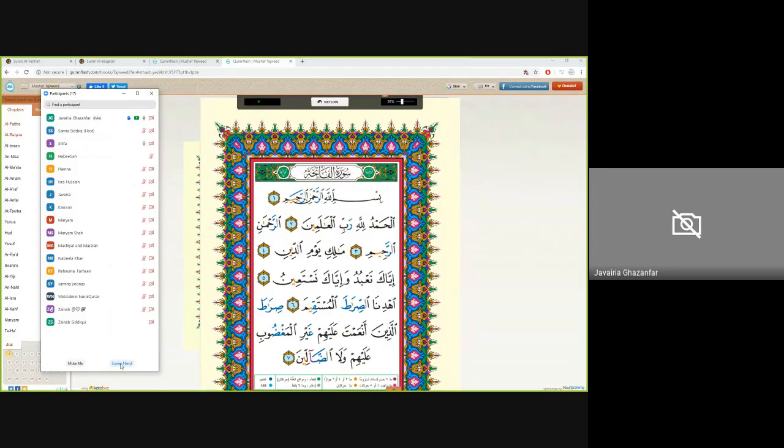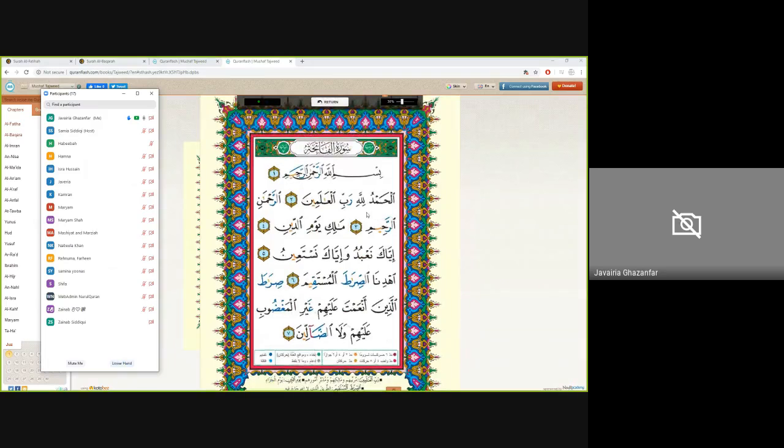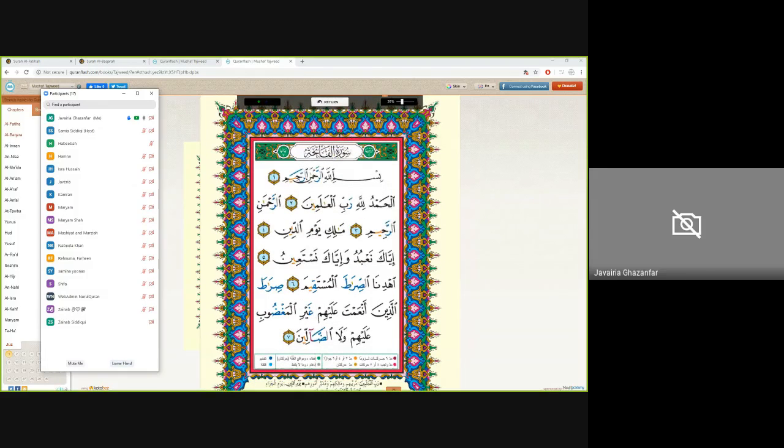So we covered all the maduds. Jazakallah khair for the question. We did all the maduds. So at this point in time, you can either tell me a mud that you see. We're going to go in an order from the beginning. And you can even tell me if you see any noon sakina or meme sakina rule. Or you can tell me there's a heavy or light letter that you want to talk about. Okay, so I hope that is clear. And let's see whose hand is raised first.